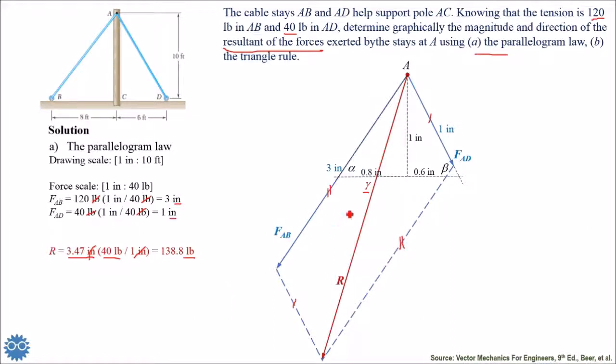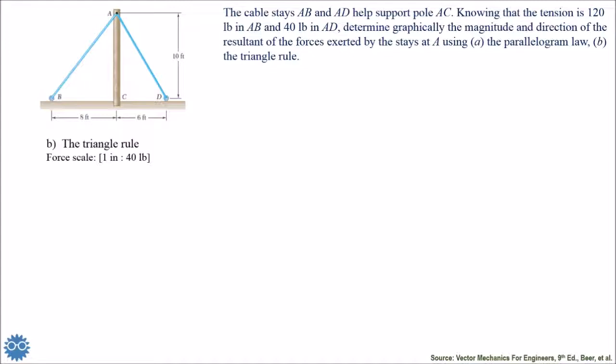Also, by using the protractor, we can measure the angle, which is equal to 67 degrees. So this is the solution by using the parallelogram law. Now, let's solve this problem again by using the triangle rule,